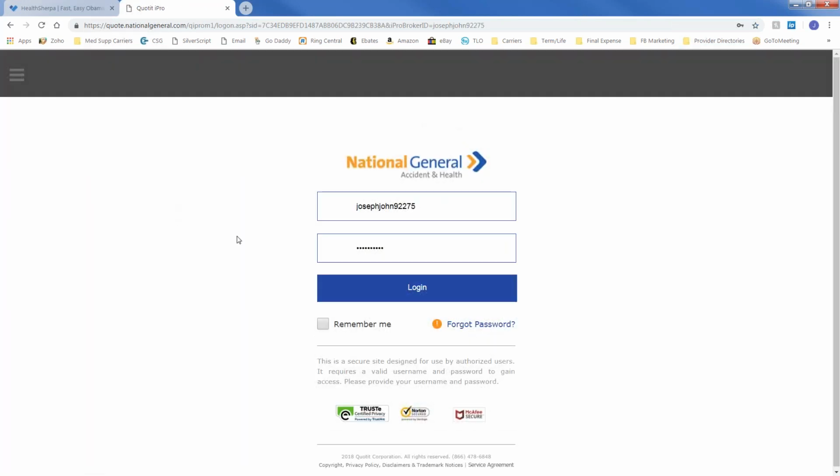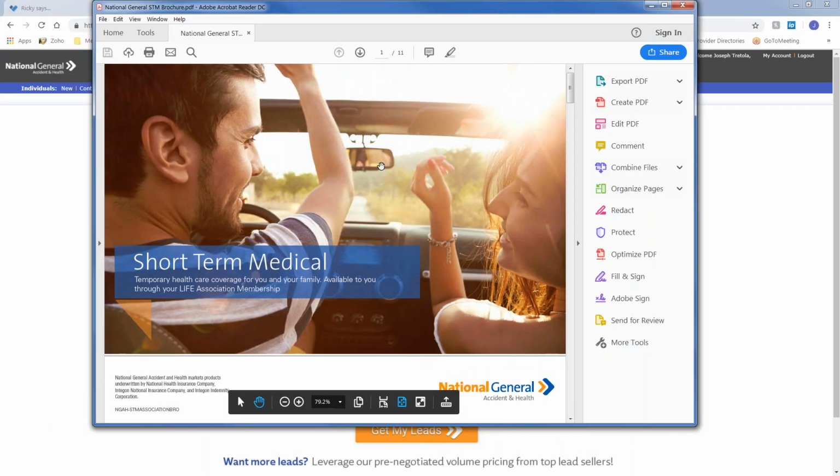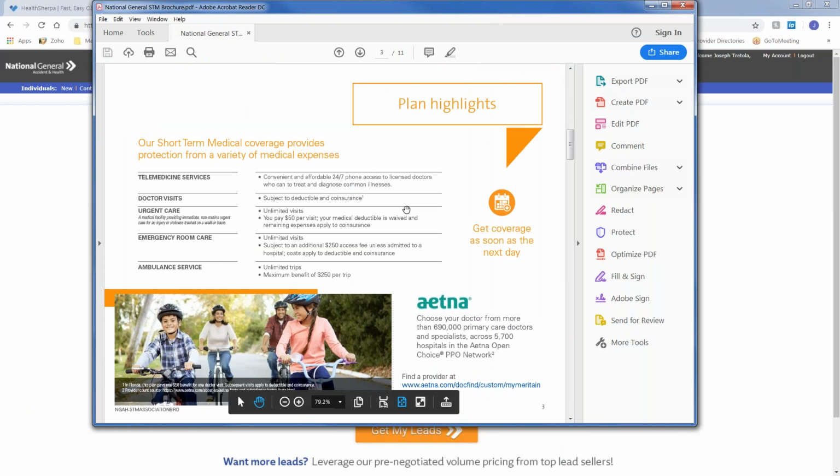And the insurance company that this is discussing is National General. And one of the things with National General, I should pull it up right now while we have it on conversation points, is that it utilizes the network of the Aetna PPO. So we'll take a look to see how we can access that network when it's time to look at doctors. Let me just pull the brochure really quick. It's got some major points to it.